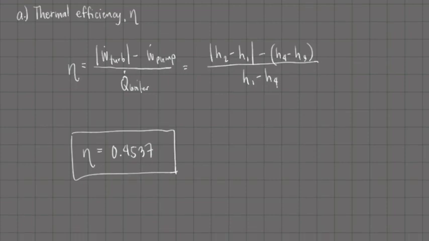Next, let us determine the mass flow rate of steam in the system. The mass flow rate of the steam can be determined from the given net power generation. The net power generated, as stated in the problem, was 100 megawatts. This is equal to 100,000 kilowatts. We also characterize the net work or the net power generated as mass flow rate multiplied by the net